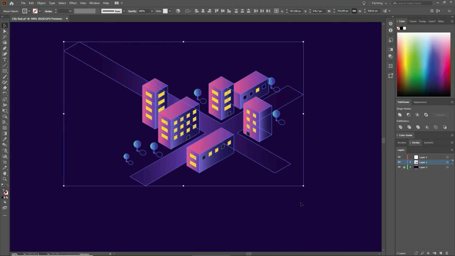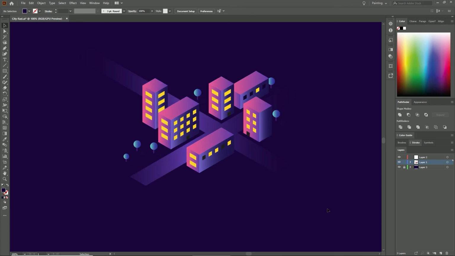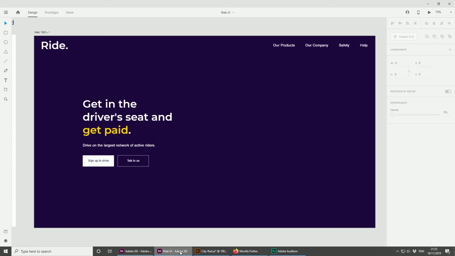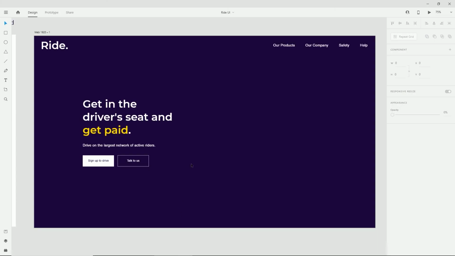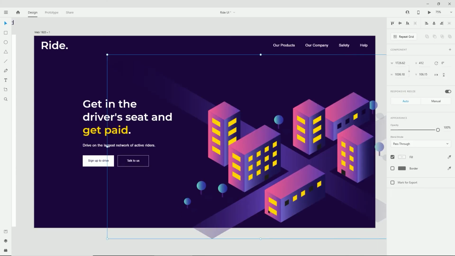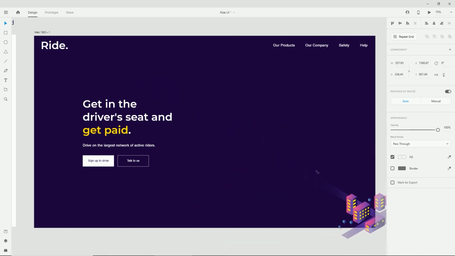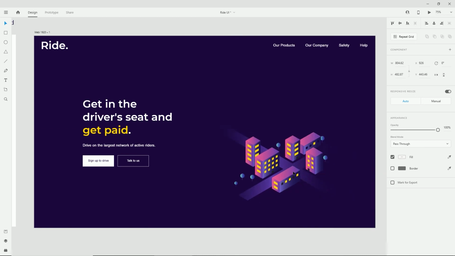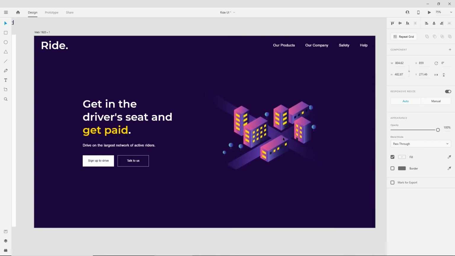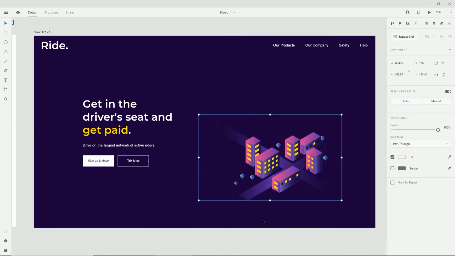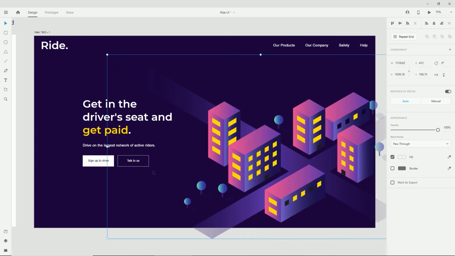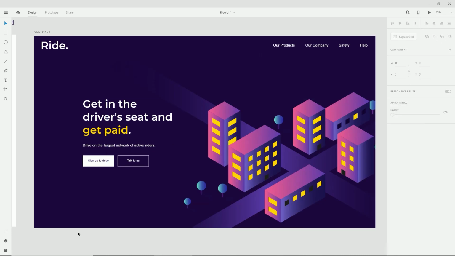What I want to do is make sure that I copy this graphic, and if we go back to the Adobe XD file, I will paste the graphic. And sometimes when you paste, the graphic might come down super small like this, which also looks quite cool if you ask me. But I want to make sure the graphic is a little bit bigger, because later on I will be adding some animation.